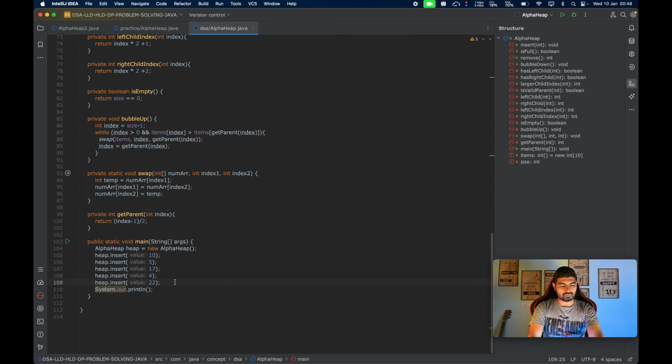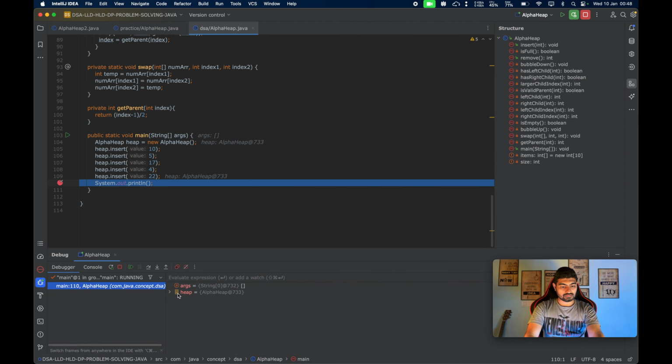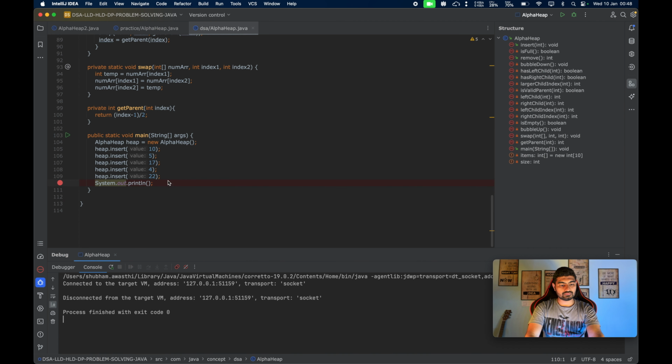Let's try to remove something from our heap. So currently if I try to run till this point, this is our max heap. We are supposed to have 22 on top right now. I haven't written that heap.remove so far. I want to show you before removal. So now if you see on top of the heap, you have 22, right? So now if we remove,